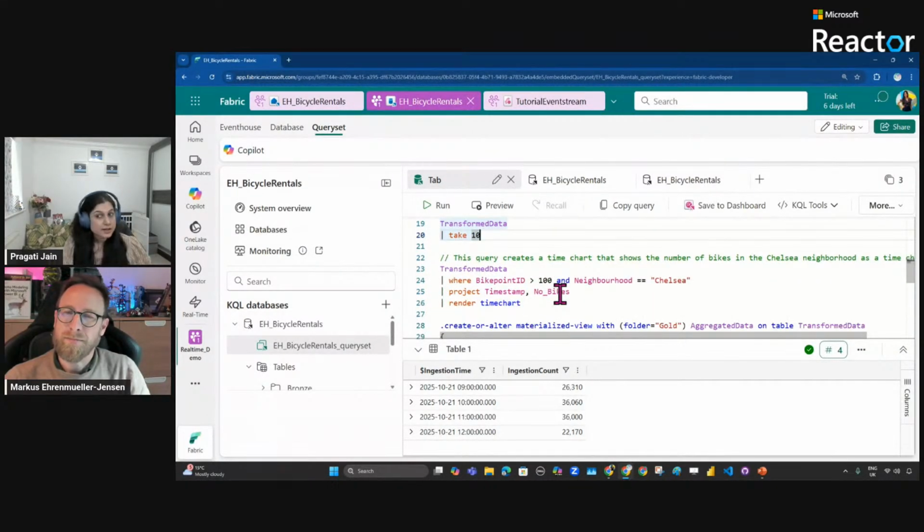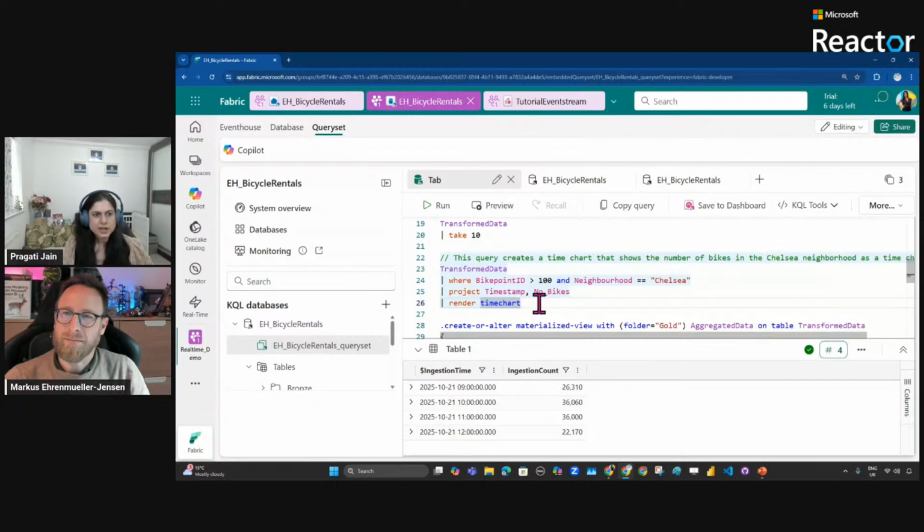Then again, same thing. If I want to filter down my data and understand what's really happening with the data, I can do that as well. I can create filters. They look very similar to what we write in SQL or T-SQL languages, but yeah, definitely some difference in the way of writing it, right? The syntax, but still it's doing the same thing.